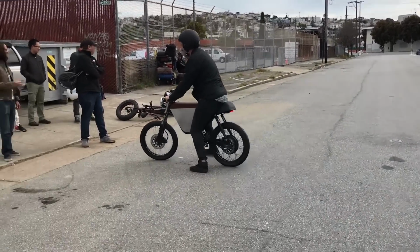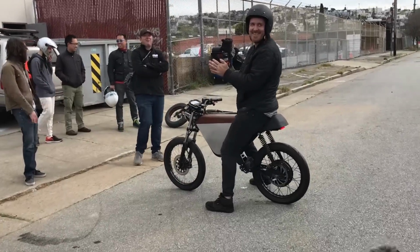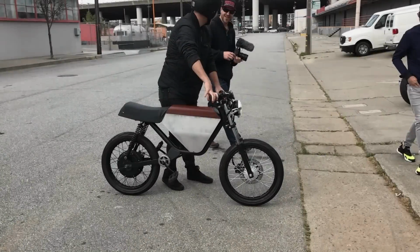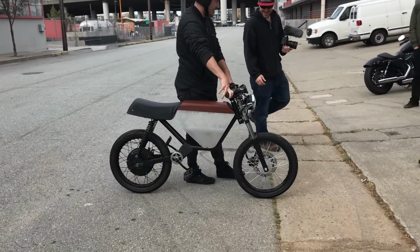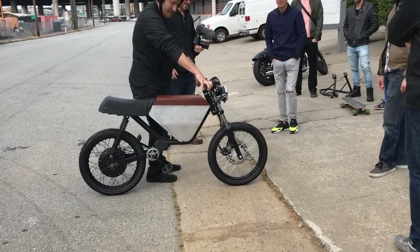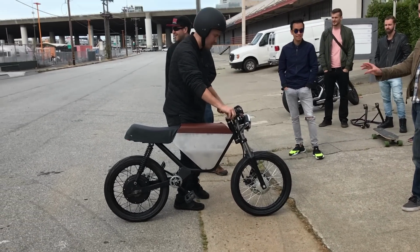There goes the Super 73. It faded. It blew, it faded. It was like 67, so it needs it. If it had full power, it would definitely be great. Seems the headlights